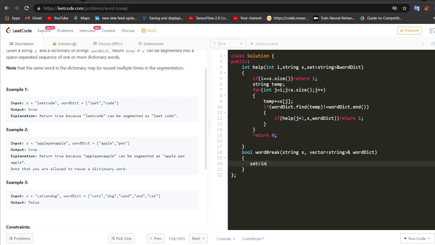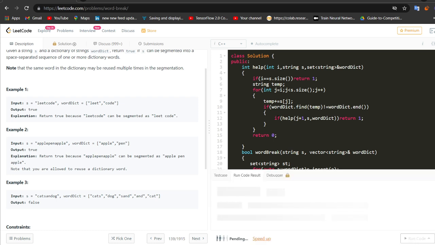So let me make a set of strings, s, and for auto a in dictionary, s.insert(a), and finally return help of starting from 0, s. We have to pass s here instead of this. Oops, we have to make this as st, this set as st.